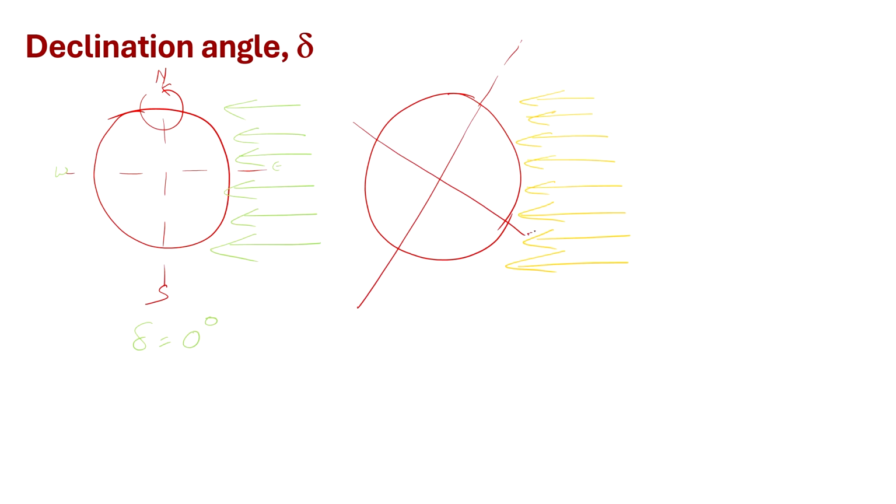So now this is your east, west, the angle between this is given as delta, and this will be your delta is equal to plus 23.45 degrees. Okay. And you can make the same picture again,